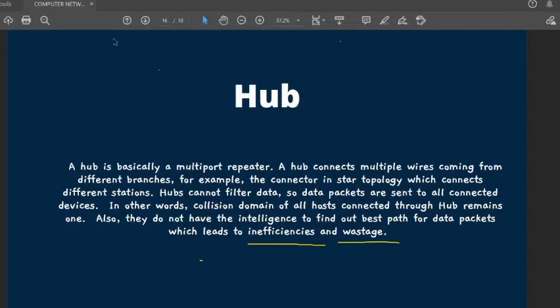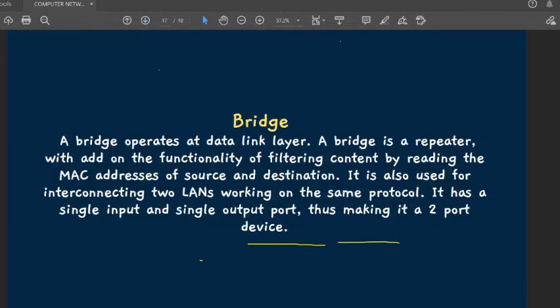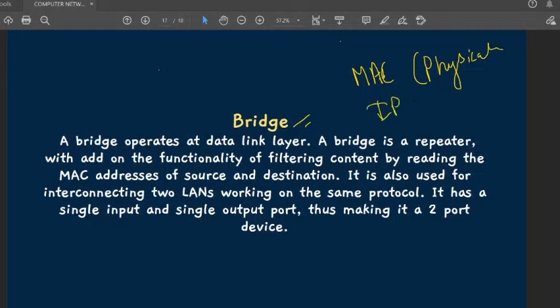Fine. Bridge. Now we come to the last one. Bridge is very important. You can just recall it like a router. It seems like a router, focusing on the path. The same thing, the only difference is the MAC address. Now don't worry about what is MAC address and what is IP address. For now, just remember that MAC address is the physical address and IP address is the logical address, and bridge works on MAC address. That is, it works on the physical address of the system.